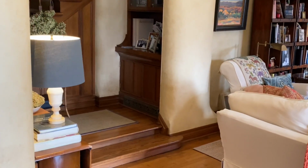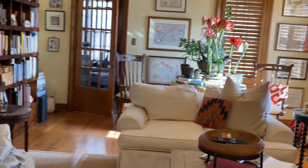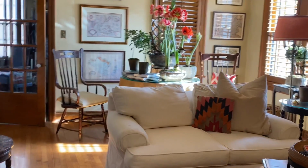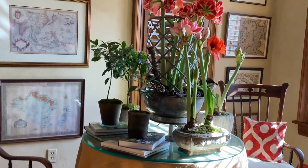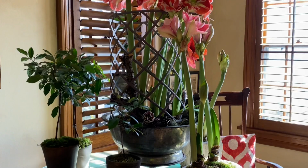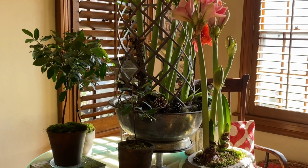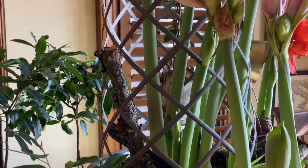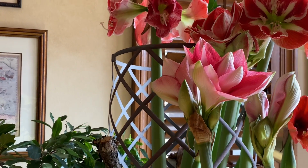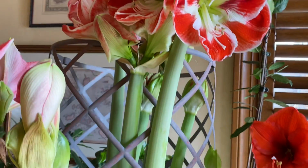Let's go into my living room now. Because like I say, I have to maximize as much of the light as I possibly can. I wanted to give you an update on all of these gorgeous Amaryllis. Now you may recall that I had earlier, and I'll try to give you the link, a large broken pot here of some Double Delicious Amaryllis, and they really began to get top heavy, and my other Samba bicolored white and red Amaryllis were coming into bloom. So I'll show you what I do with those momentarily, and then I replaced them with this huge pot,